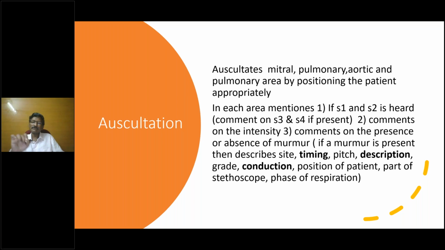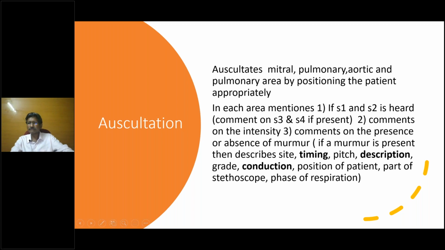So why I am telling this is because as an undergraduate, let's assume that you are examining a patient who has a high volume pulse and collapsing pulse is also there, and the apical impulse is hyperdynamic, but you are not getting the early diastolic murmur, but still you can tell it is a probable aortic regurgitation. Even if you don't hear the aortic regurgitation murmur, you can still tell it is probably aortic regurgitation. Only difference is that you won't tell it's an aortic regurgitation, you will tell it's a probable aortic regurgitation, which is well accepted.